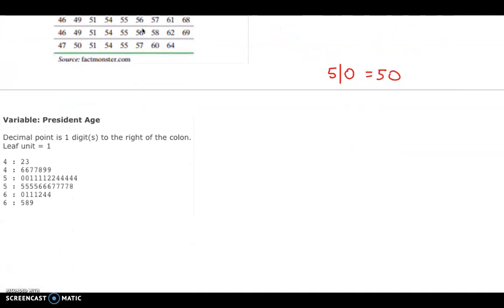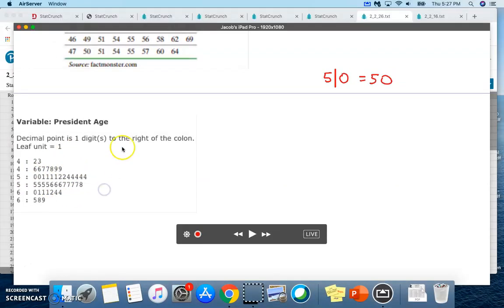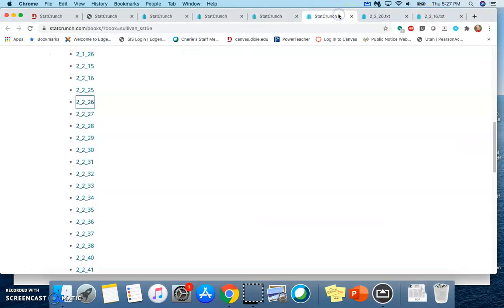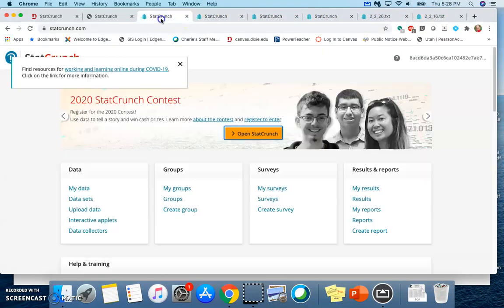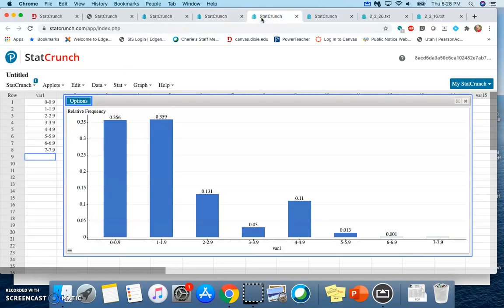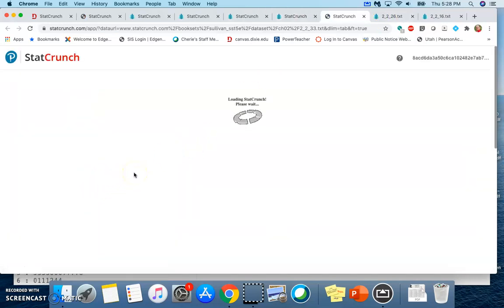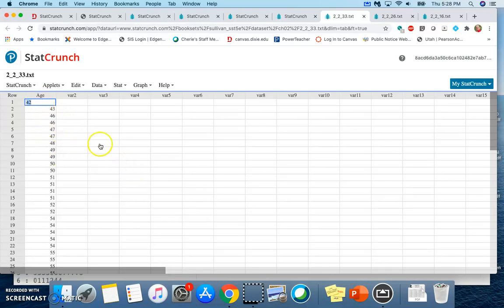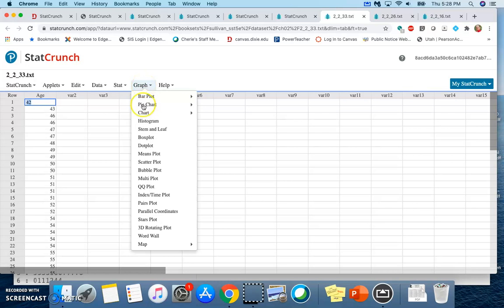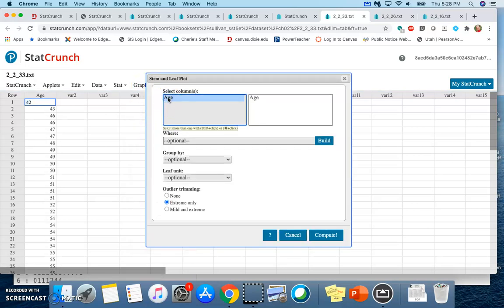So I'm going to put together a stem and leaf plot in StatCrunch, and StatCrunch breaks things down a little bit tighter. It'll cut it off in the middle here, but just to give you an idea. So come over here. Let's see, did I have one with the ages of the presidents? Did not. Let's see. Okay, so here are the ages of the presidents. I'm going to do a graph, stem and leaf, by age,